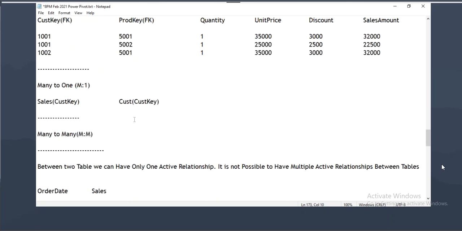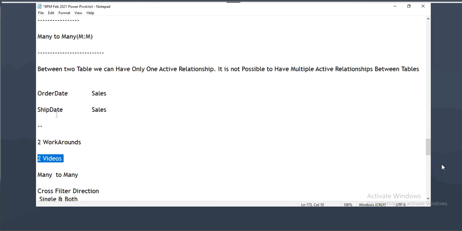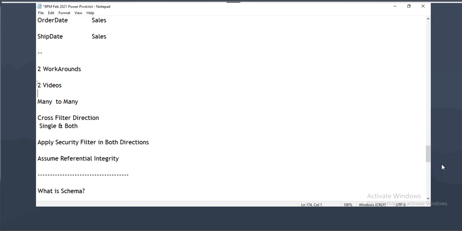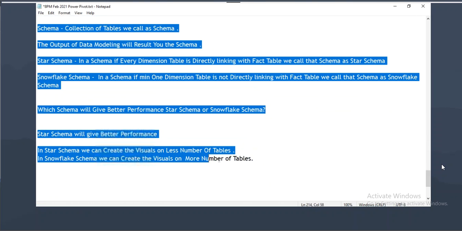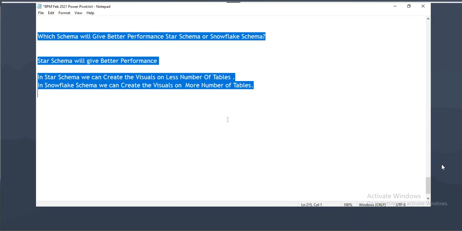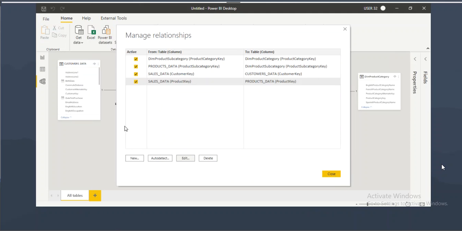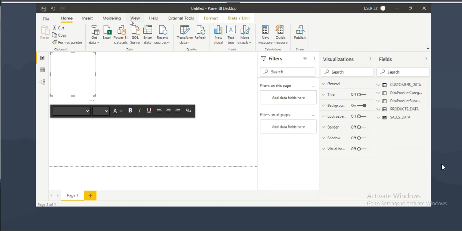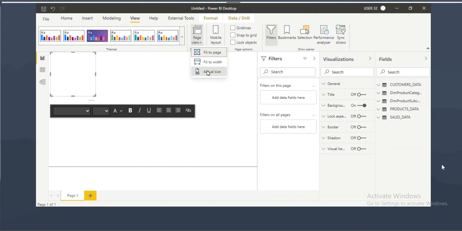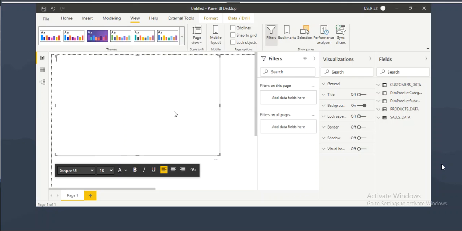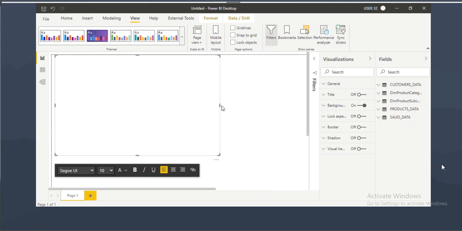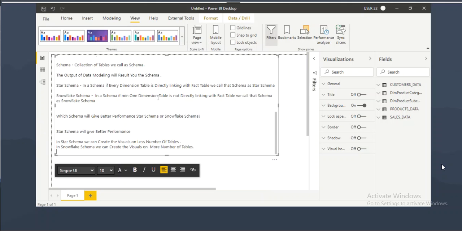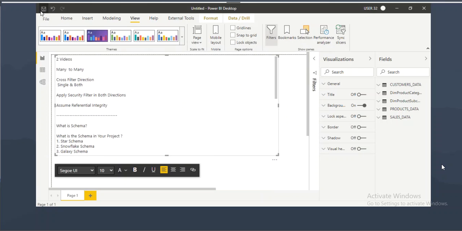Let me publish these notes. Many-to-many relationship we will do rarely. Very rarely you can find tables with a many-to-many relationship. Majority, 90%, we will use only one-to-many or many-to-one. One-to-many and many-to-one are the same, right? So that is the case. More than 90 or 95%, the tables will be one-to-many only.